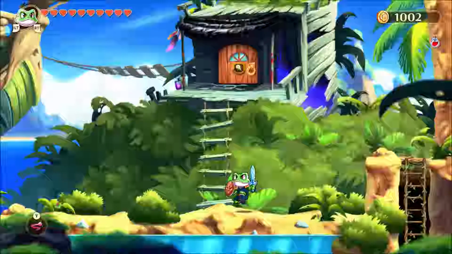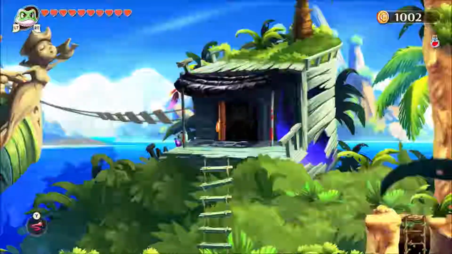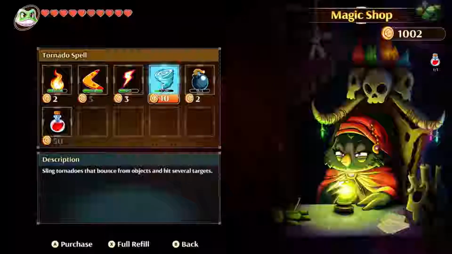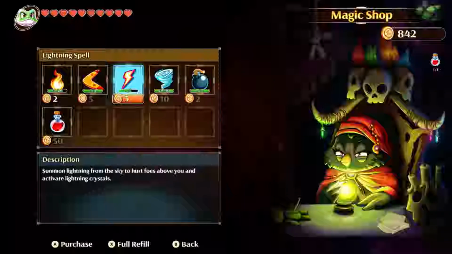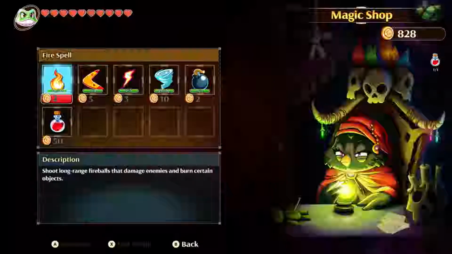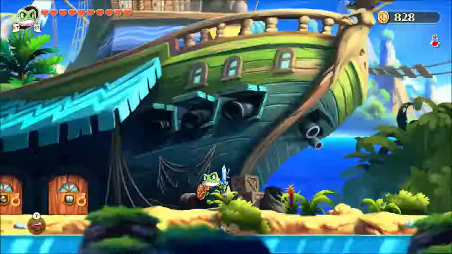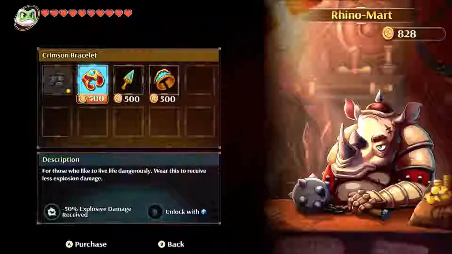So this I was not expecting. We're back on the island, presumably the island that we started out on. I guess a different part of it. Stock up on some magic. Looks like we got a pirate ship. And we got some items here,